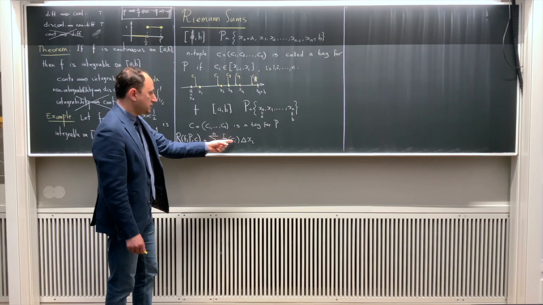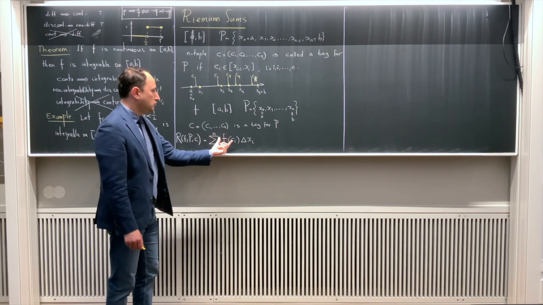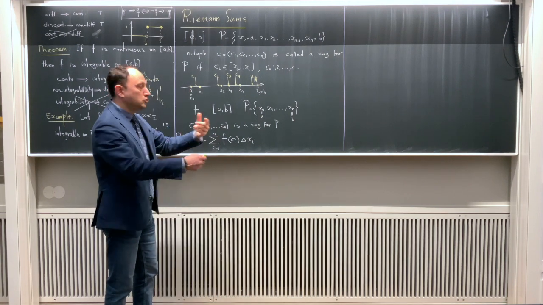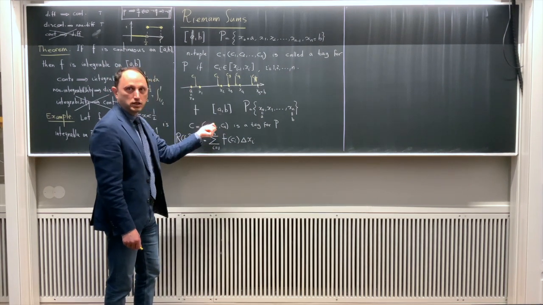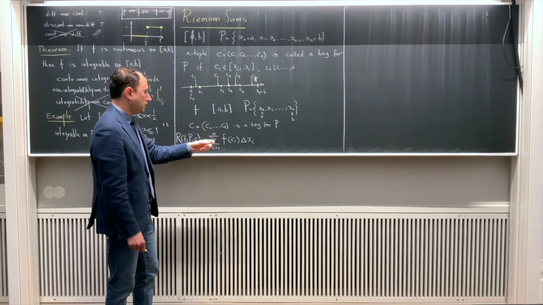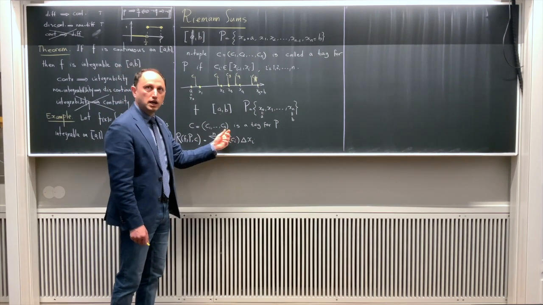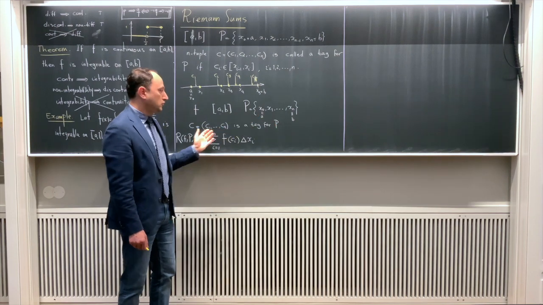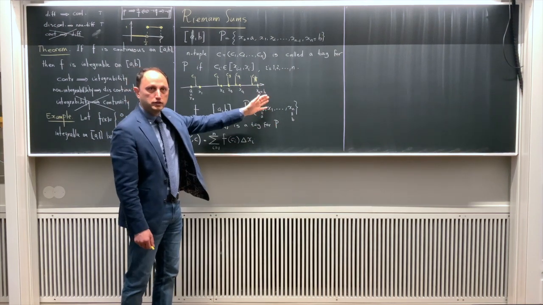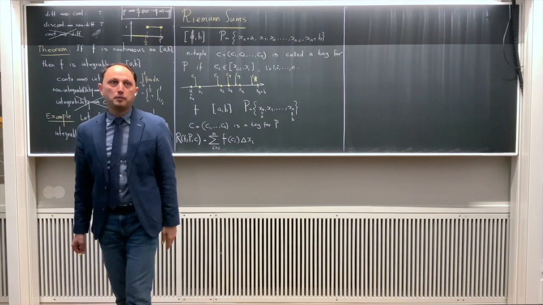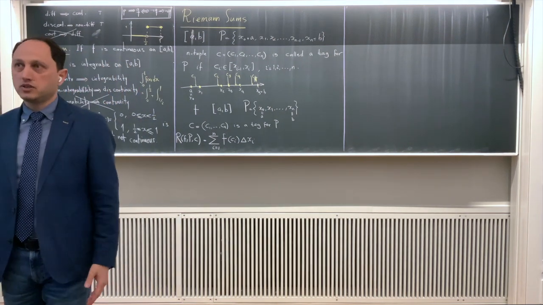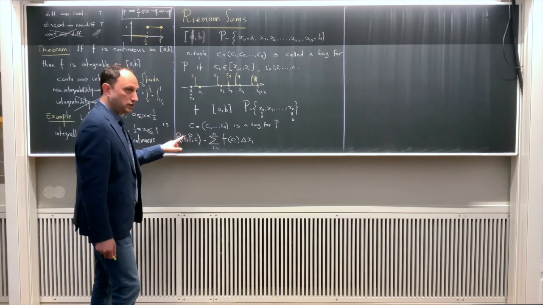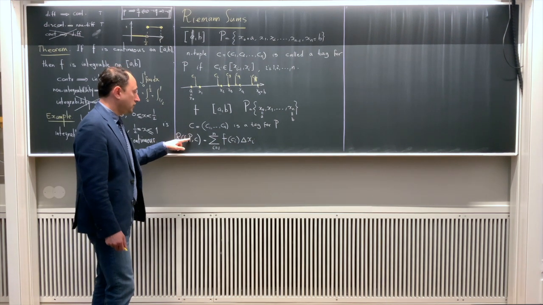It becomes f of C1. And then you multiply it by the length of the first partition. And then you go to the next tag, C2, pick it up, put it into the function, it becomes f of C2, and you multiply it by the length of the second partition. And you continue until you finish everything, and then you add these numbers up. So this becomes a sum, which is called the Riemann sum of your function corresponding to this partition P and